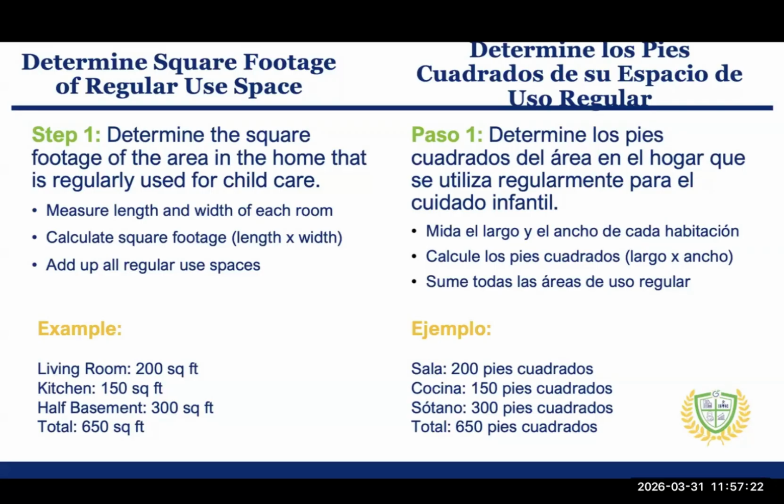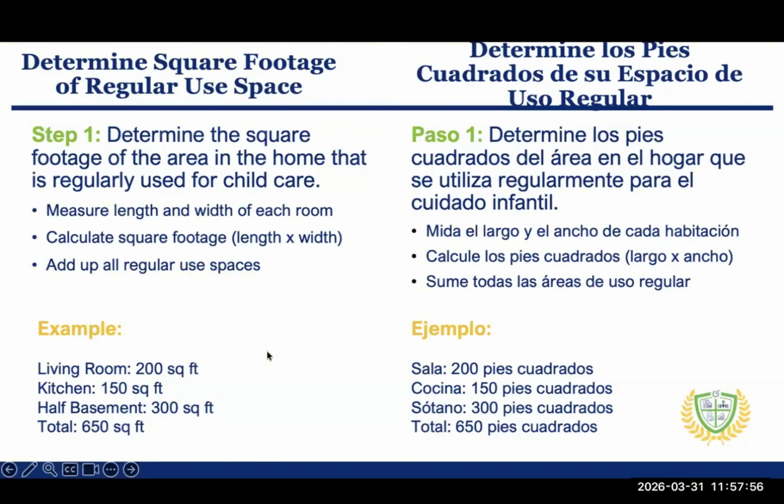I use them both for business and for personal. I take the square footage of all of them and add them all up at the end. So let's say in this example, the living room is 200 square feet. The kitchen is 150 square feet. We have a half basement that is 300 square feet. The total is 650 square feet. So this is our regular use space,